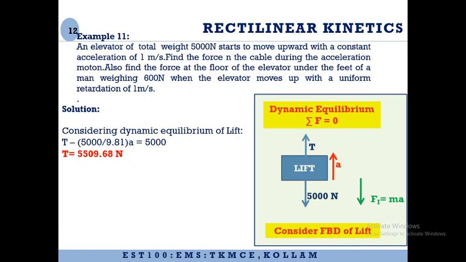Next thing is we need to consider the reaction on the floor of a person. So consider the case wherein we are standing on a floor. The forces acting on our body will be our weight acting vertically downward. From the floor that we are standing on, there will be a normal reaction in the upward direction. So the two forces acting on a person standing on a floor are his weight acting vertically downward and the reaction from the floor acting upward. Now if this person is standing inside the lift, he is going to accelerate with the same acceleration as the lift.